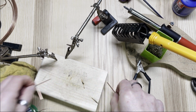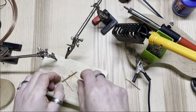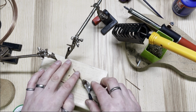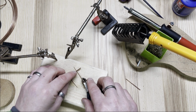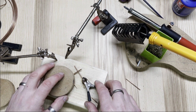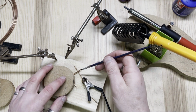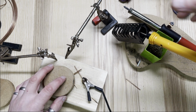And now let's do the same but with the resistance iron. So I'm going to do that joint there. That's the negative power line, and that's the positive one there. Let me just put a bit of weight on that, keep it nice and still. So I'm going to use the same flux on the joint,